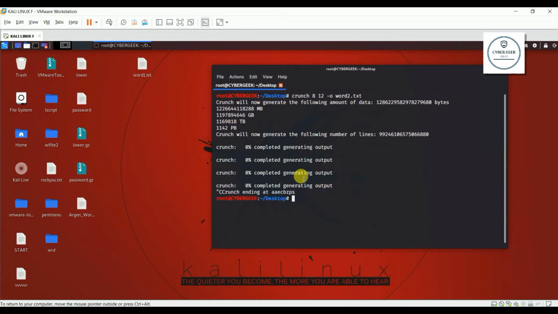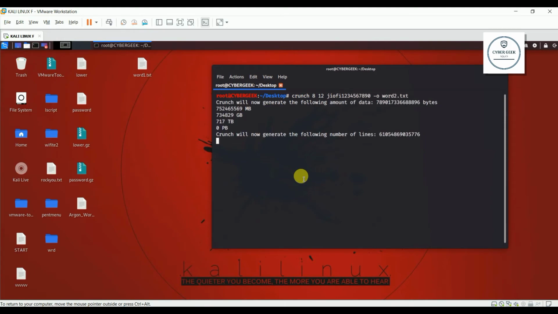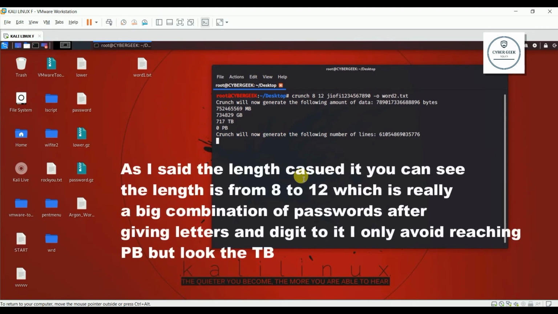Wait. Let's just stop it. I don't want to create that strong word list right now because it's really going to take time. Okay, for example, let's just give some parameter. If I were hacking some kind of geo tool, then you can just give geo 5. Okay, and the password numbers can be 1 2 3 4 5 6 7 8 9, 0, include 0 also, space, and hit enter. Okay, now still it's going to take a terabyte.